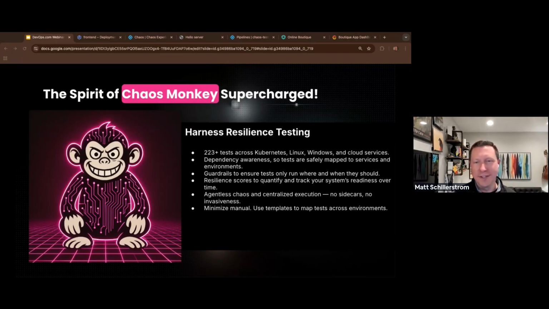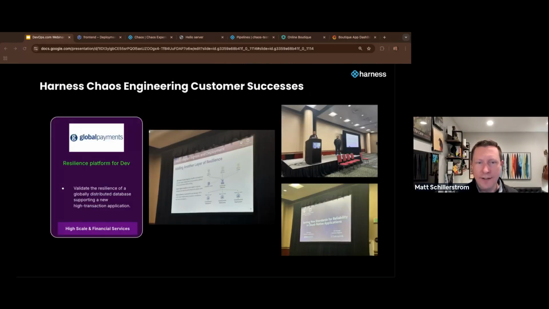But the tools are best in breed today, whether you're looking at any commercial product or open source. We're now seeing service discovery in these tools, dependency discovery, security and governance for guardrails of running your experiments, just to make sure, I don't want Joe to run this chaos test on Fridays between 8 p.m. and 10 p.m. And you can put all those controls and constraints in there so you can make chaos engineering self-service for teams and users, but also give them guardrails so it's harder to do the wrong thing, right?